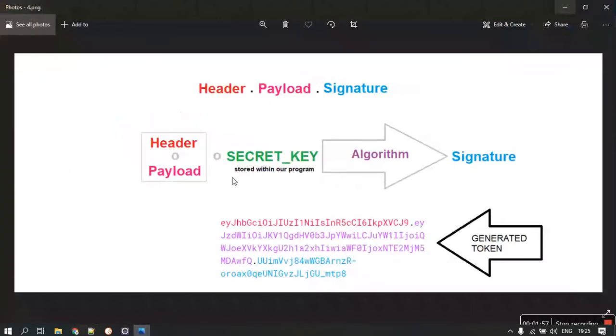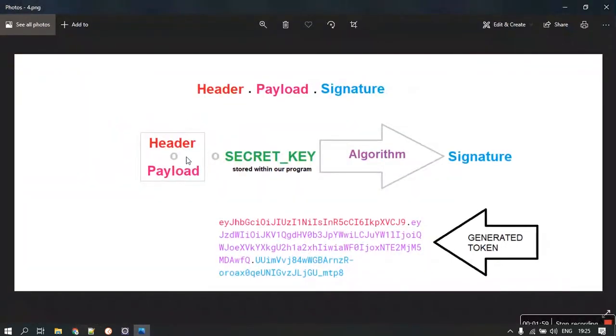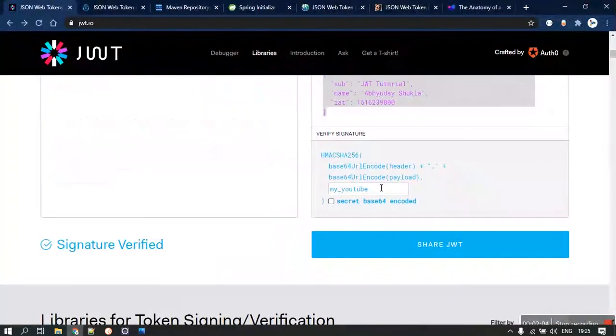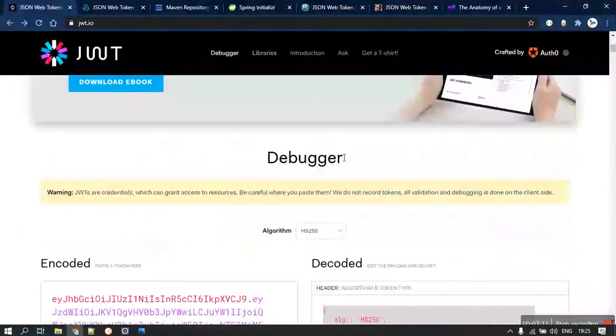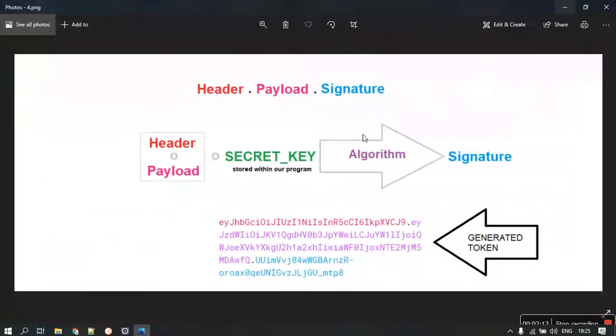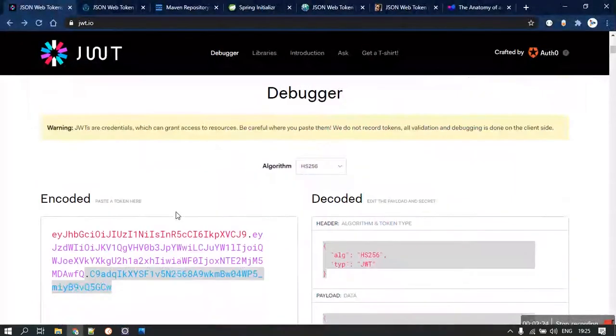It's somewhat like this: a header and a payload are operated with a secret key, which is my YouTube in our case, and an algorithm was applied, that was HS256, and a signature was generated and appended to the JSON web token body. So this is the generated token that we were talking about over here.